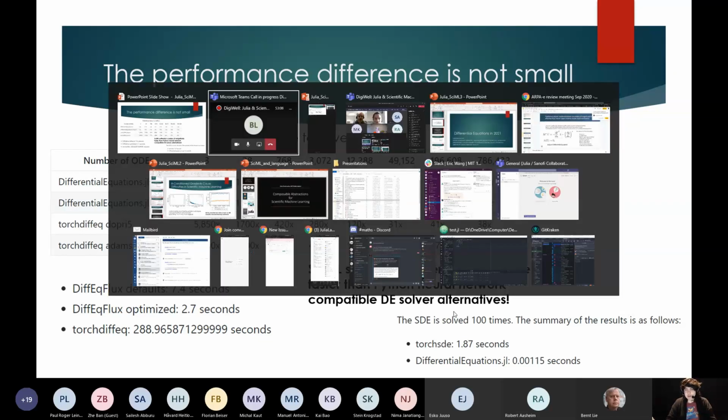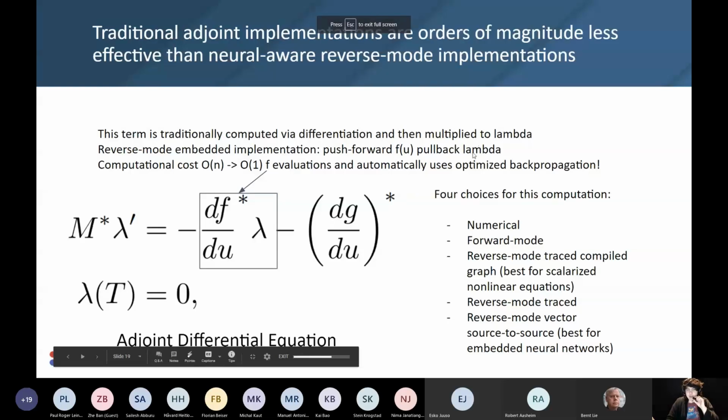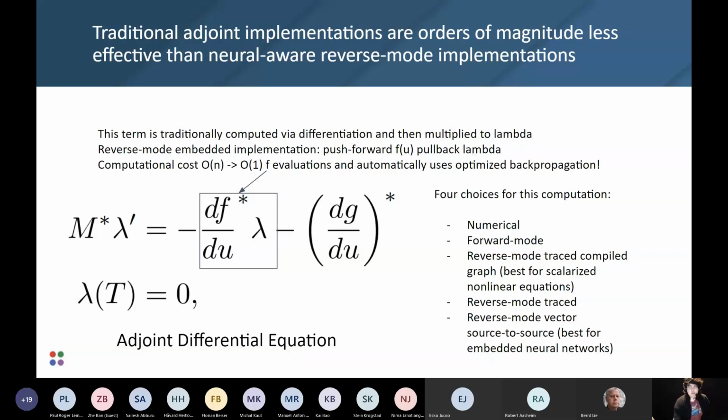And there's this other slide that I want to show in here. So where does this neural network integration really come into play? The key to allowing neural networks in a way that is efficient comes into the way that you do the adjoint differential equation. So when you build these adjoint methods, for example, the adjoint of an ordinary differential equation has what's known as a vector Jacobian product in here. And this vector Jacobian product is where you have the Jacobian adjoint times a vector.